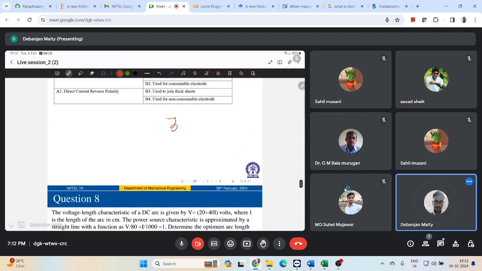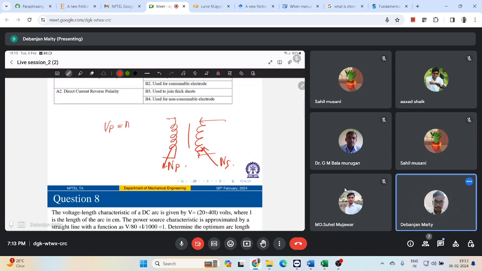You can have a primary winding like this. The coil will have a specific number of turns, and you will have secondary windings. So if this is the number of turns of the primary coil, and this is the number of turns of the secondary coil, we know that from Faraday's law,